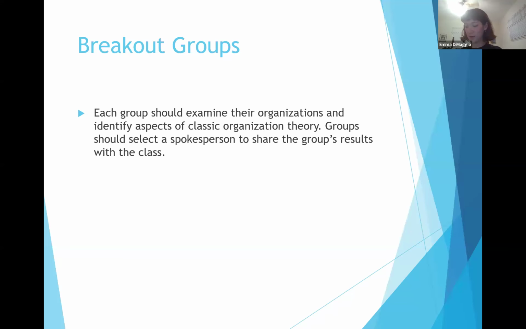Another aspect of Weber's description of classical elements of organization theory was the standardization of work processes and also how the hierarchy works. Similar to general hierarchy, there's Mooney's idea of a scalar chain, where someone's always responding to someone above and below them if they're at a managerial level. In my organization and at CSULB, it kind of works that way up the chain. Those are the elements we identified.